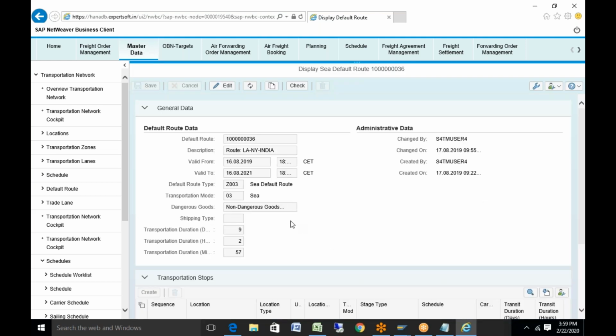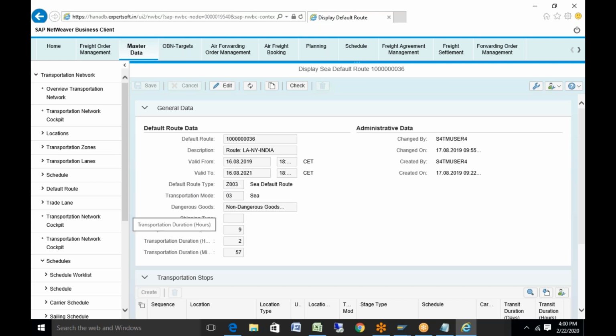If you see, this is the default route name, this is the description. You have to give the validity period of your default route. You can specify the document type, and for which mode of transport you want to create the default route. And this is the transit duration.